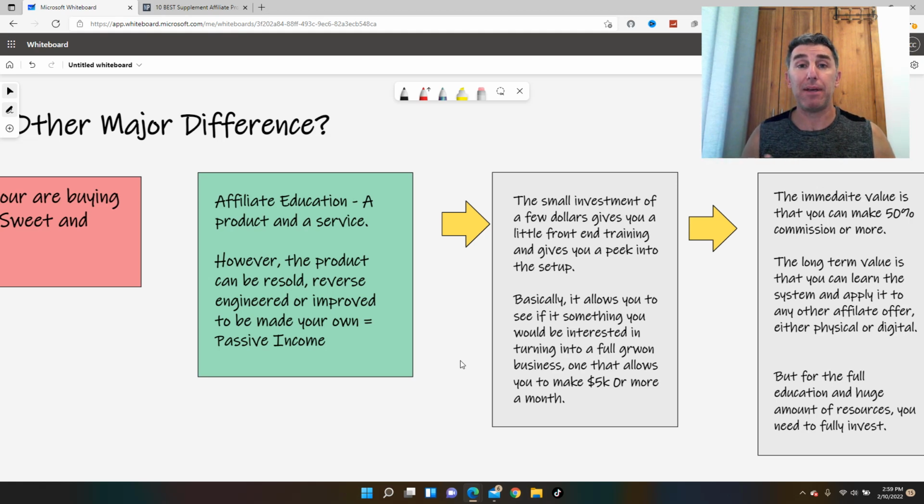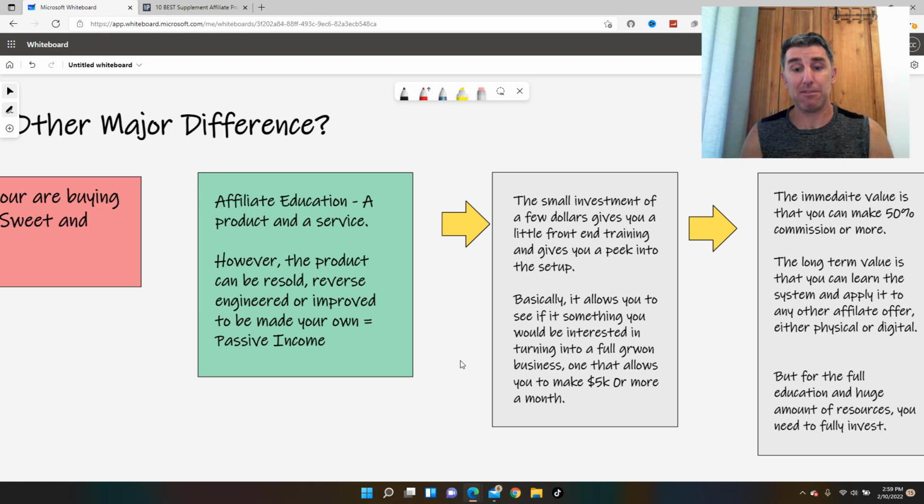And then you decide based on what you see if it's something you want to get behind, if you want to invest. Now, with a low ticket product, you don't have to buy the product to see if you like it. But with a high ticket product, they are giving you a window into the company before you fully invest. And the reason for this is if you spend, with Freedom Breakthrough, $7 for the 3-day challenge, it's the same as the 5-day challenge or the 21-day challenge or a 12-day challenge, whatever the other companies are offering.